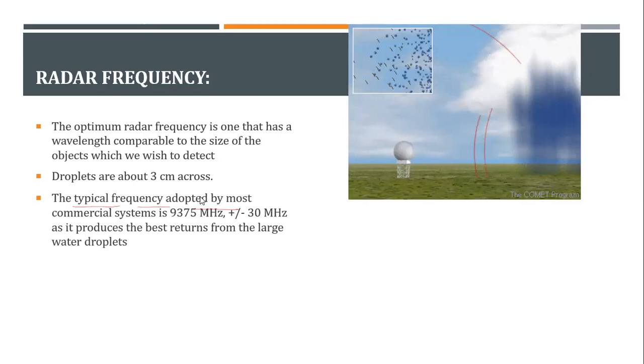As I'm telling you, the frequency is 9,375 megahertz. Till now, this is the highest you have seen. And this is really high because we want the lambda to get smaller and smaller. The smaller the lambda, the smaller the water droplets from which we will be able to get back returns. Let me calculate the lambda from this. If I have 9,375 megahertz frequency, how will I calculate the lambda?